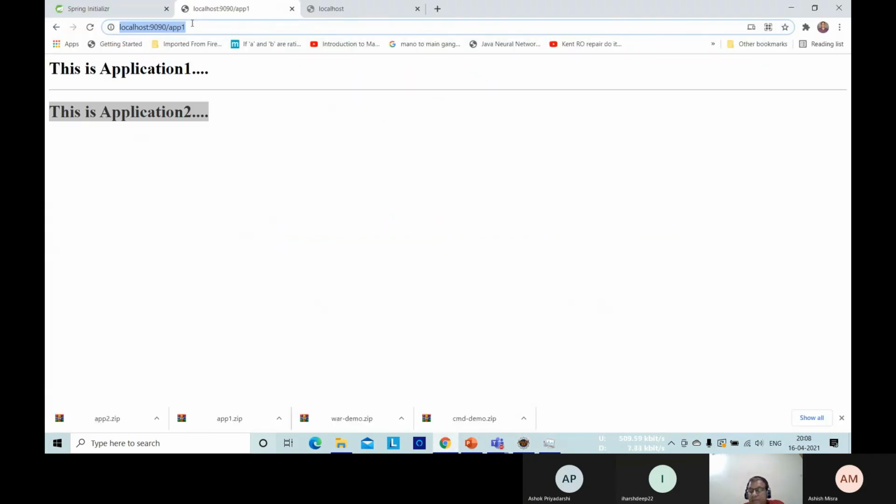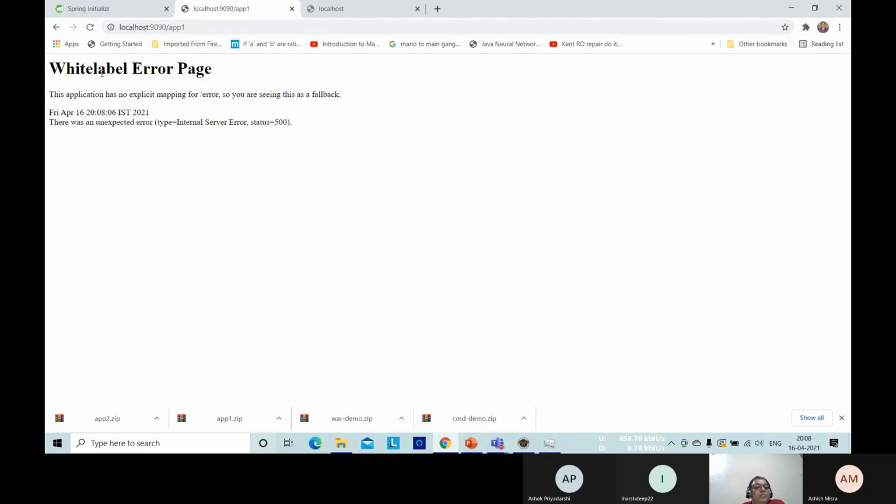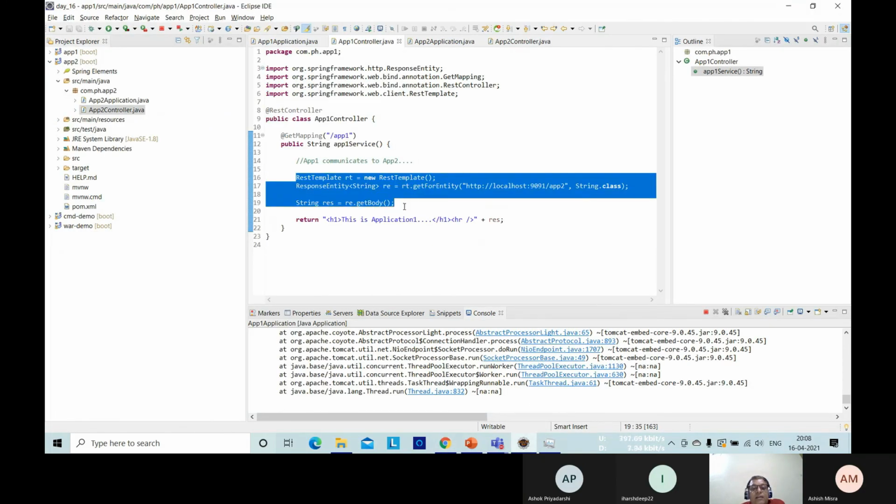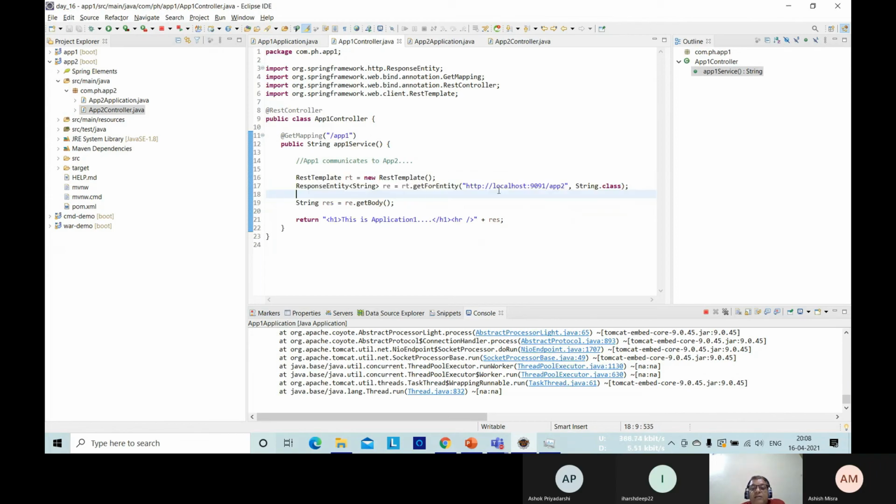Now let me refresh the page and see what happens. It displays the error. That is true because here it is getting the request response data from this second API, but that server is down.